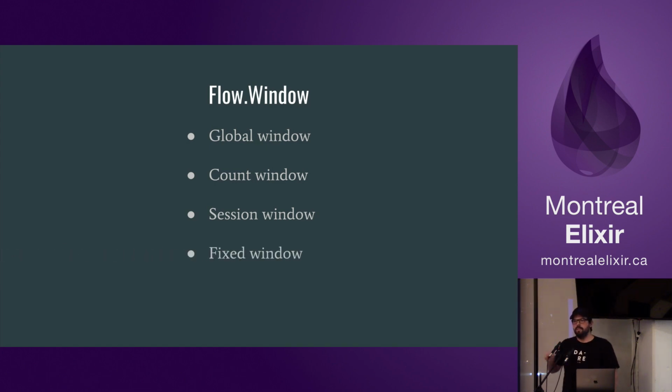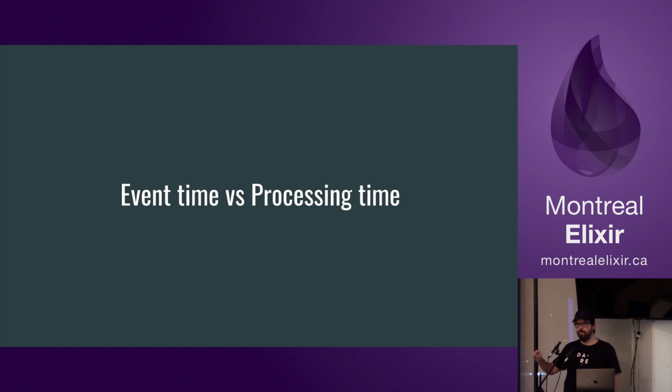Fixed window. It's basically a time window. So I'm going to say I want to see all the events from the past hour, and every hour I want a window, every minute, every day, every 2 hours. It's up to you. And we have the periodic window, which is also based on time. It's also based on I want the events from the last hour, but the difference between the fixed and periodic